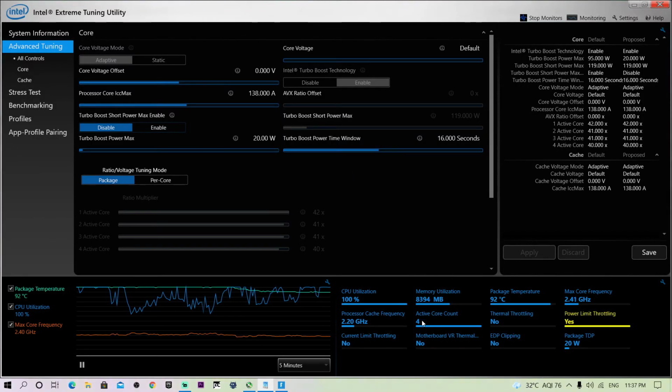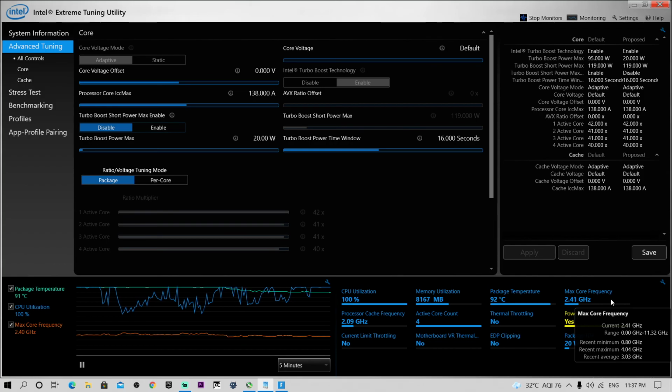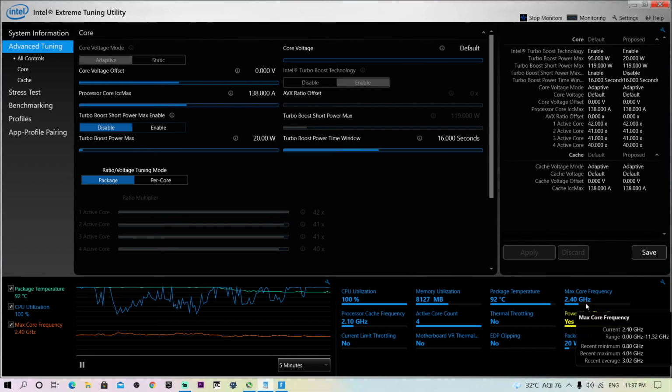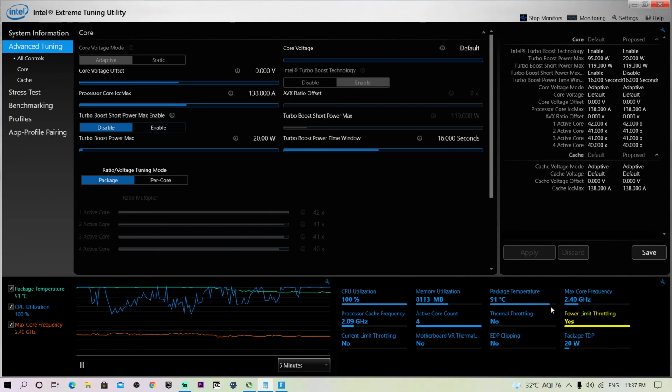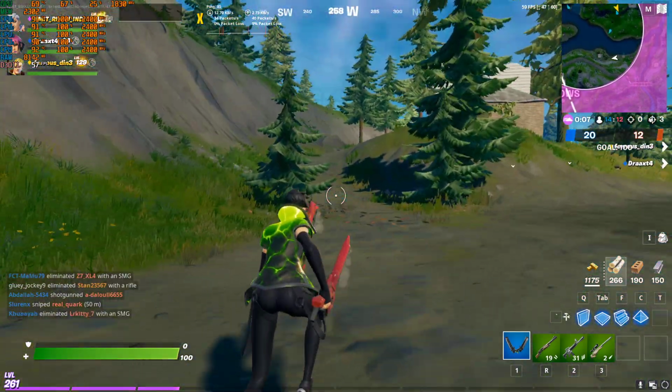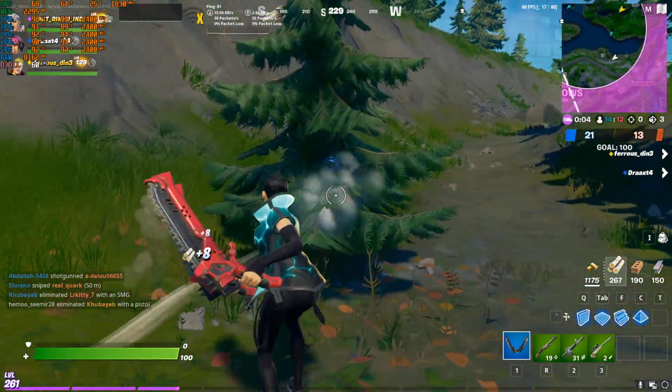One more thing. Now you can see it is showing power limit throttling. Basically what it is saying is your thermal and every value is okay, but your power level, meaning your frequency, is too low, because in comparison to i3-9100F, you should have had like 4000 gigahertz, and I'm only getting 2.4 gigahertz, which is very low in comparison to stock.